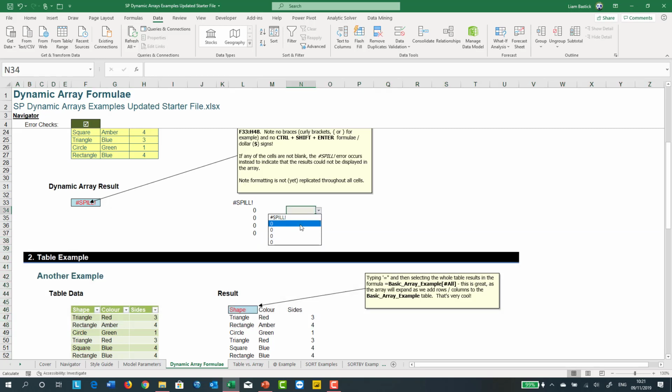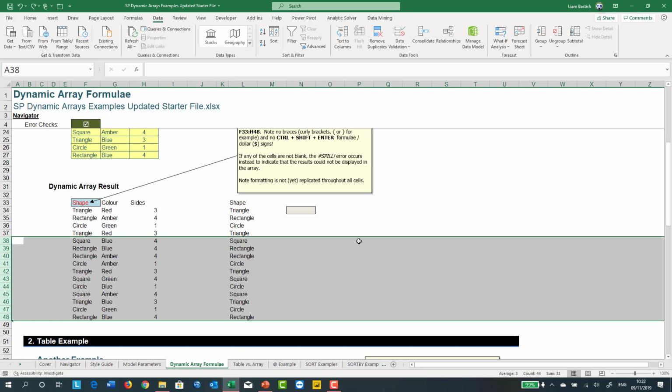Okay, notice I've made an error here with the spill, so it's got the zeros. Don't worry about that. Do you see there's only 5 elements in here? It's reduced the range. Now, this has always been a problem where people have used dynamic range names and offset and COUNTA and goodness knows what else to do this. We can now do this quite simply just using the hash symbol and referencing that in the actual data validation